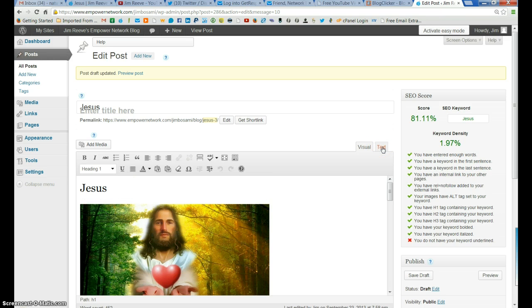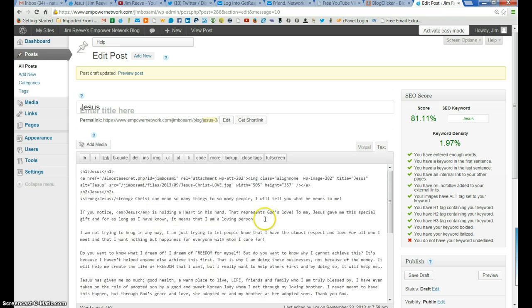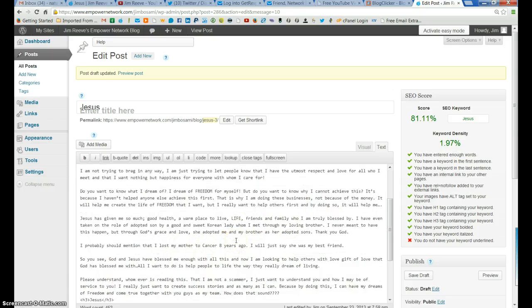You go into the text part of it, and then you find your keyword. This is the only way that I've found that it works. So there's my keyword down here, if you guys can see it. And what you do is you just put that funny looking arrow thing again, and then a U for underline, and then the arrow thing again. Okay, and then at the end of the word Jesus, or whatever your keyword is, you put the arrow /